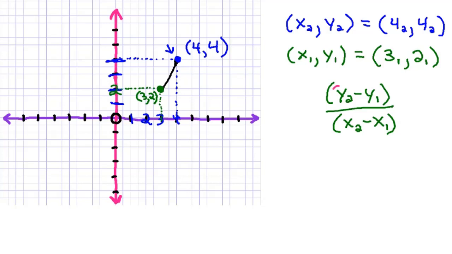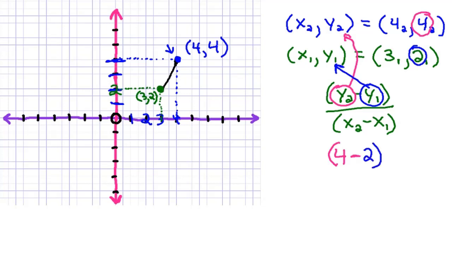So the y2, remember, it's going to be this one up here that we found, which is this 4. So the y2 is going to be 4 minus the y1, which is going to be this value, which in our case for this line is going to be a 2. So that's going to be 4 minus 2. And then all over